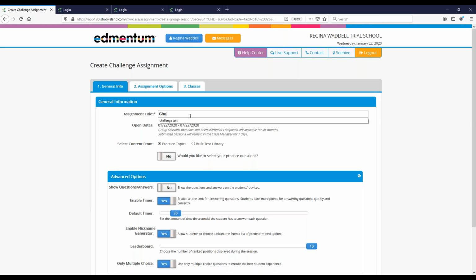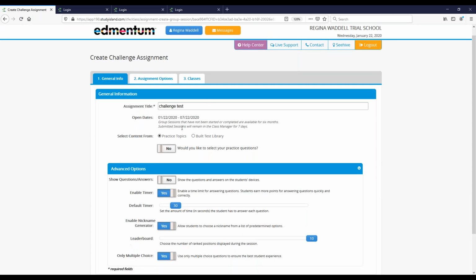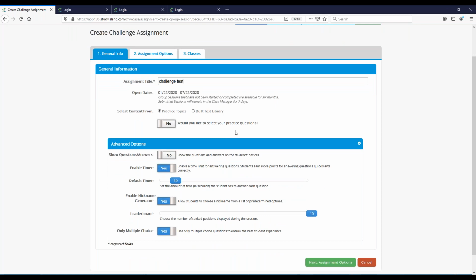I'm going to create an assignment. We're just going to call it challenge test. And then I can select content from my practice topics. If I want to choose the exact questions I want my students to see, I can do that here, or I can just let Study Island pick. I'm going to choose the topic and standard, and I'll just let them pick